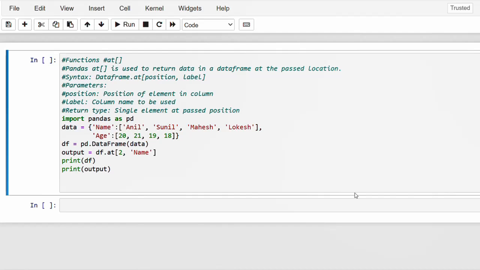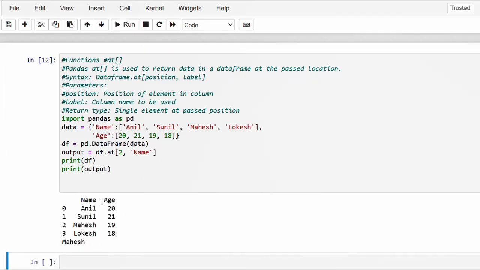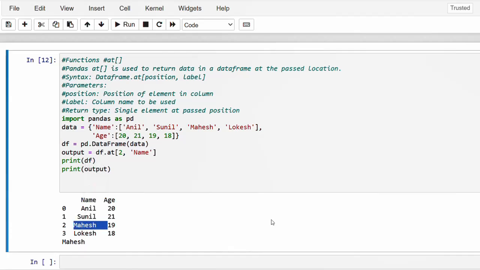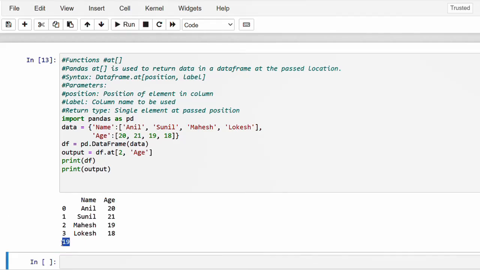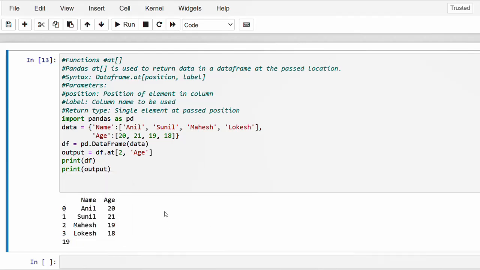The syntax of the at function needs two parameters. In the first one we pass the position of the value, and the second one is the label name, or we can say the header name. So in this example we have name and age, two columns, and then we pass the second position in the name column. If I try this one, then in the name column the second one is Mahesh, index number two. If I change it to age and try this one, then it's 19 in the age column at the second